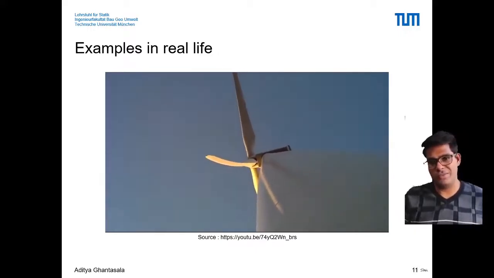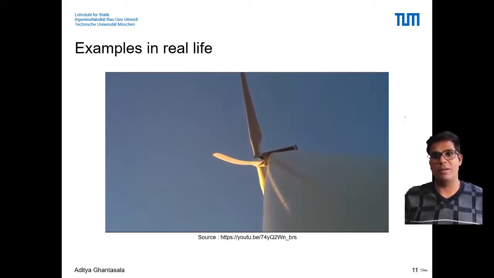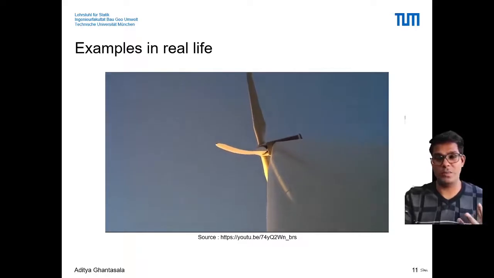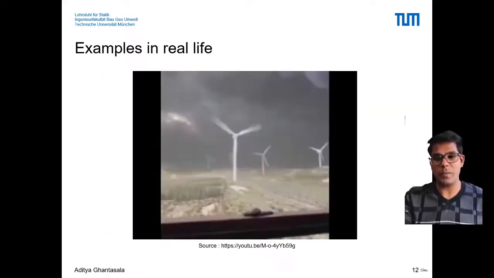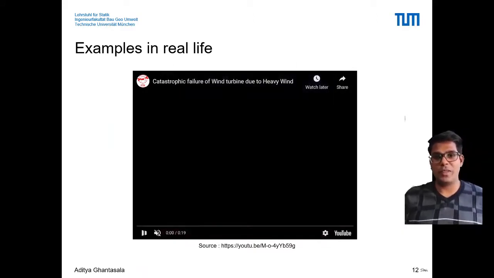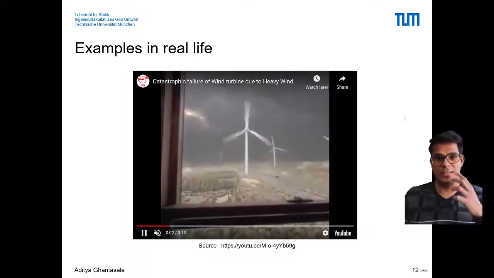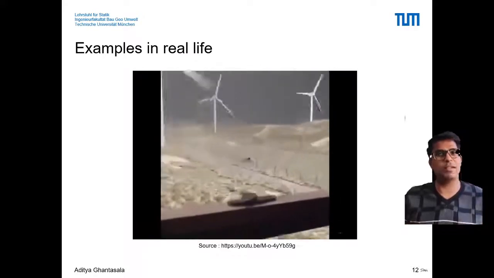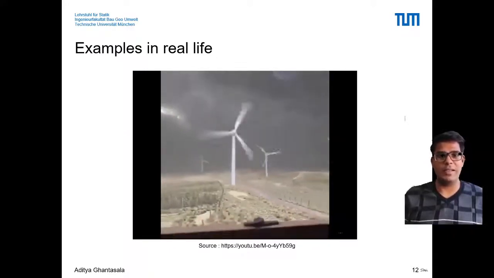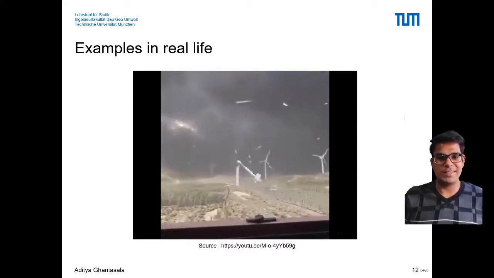But what if the wind is strong and the movement of the tower is high, or very big? Here I have an example of that as well. In this video we can see there is a strong wind happening around the wind turbine. The wind turbine spins very fast, and at some point it fails, it collapses. As simple as that. And this is super dangerous.